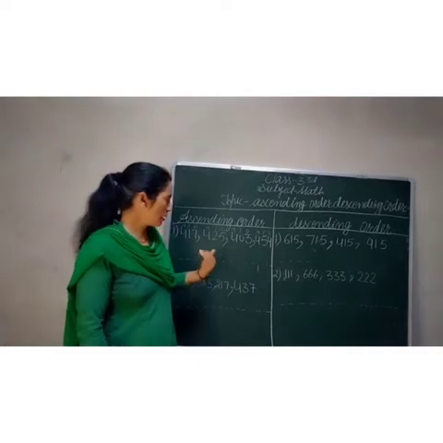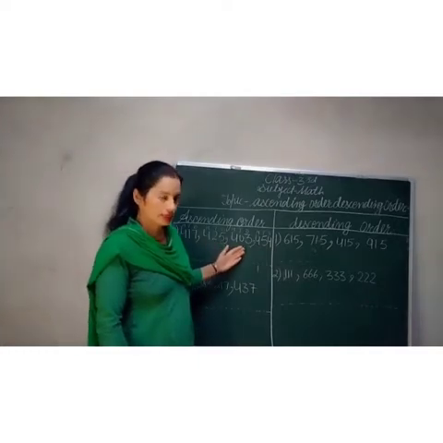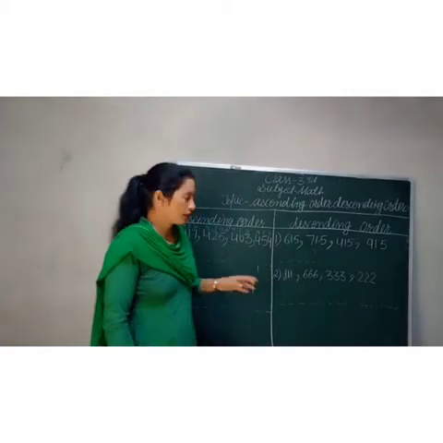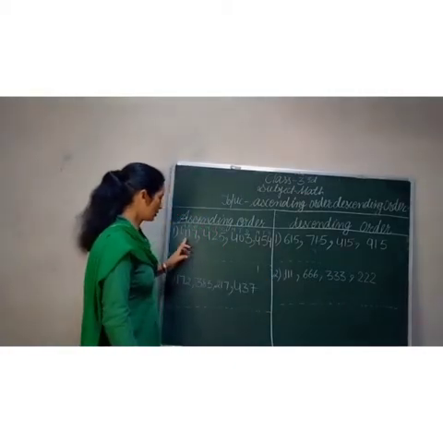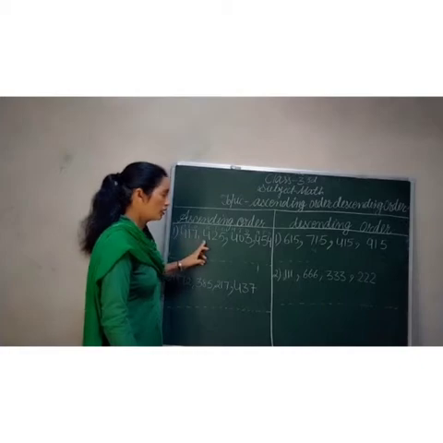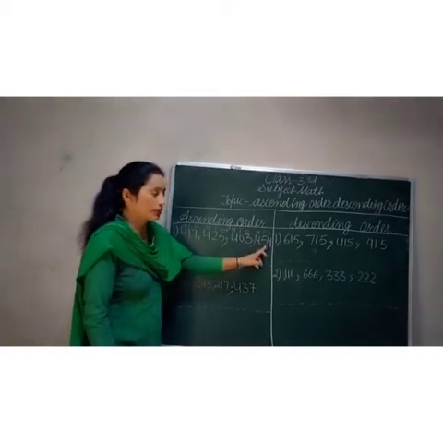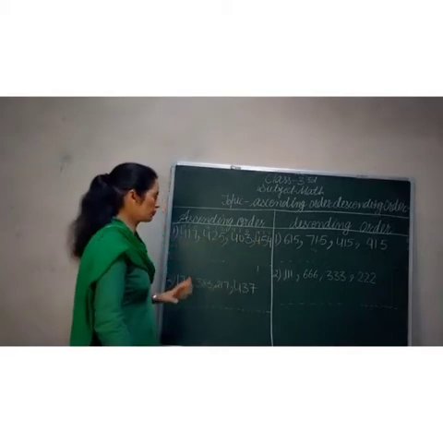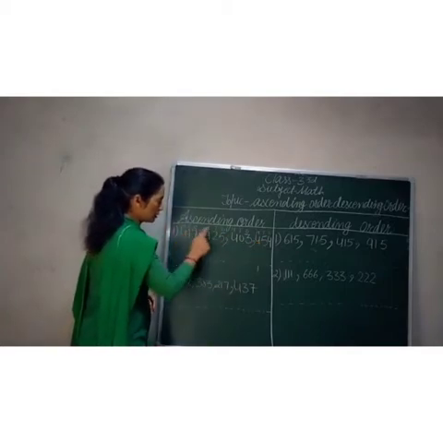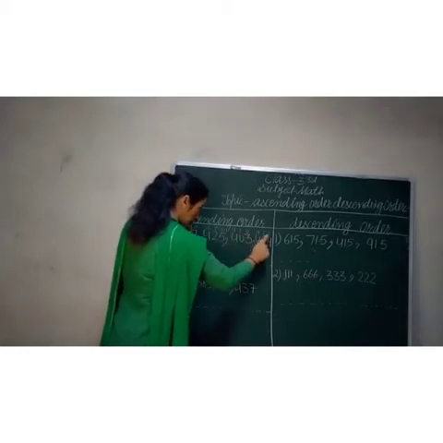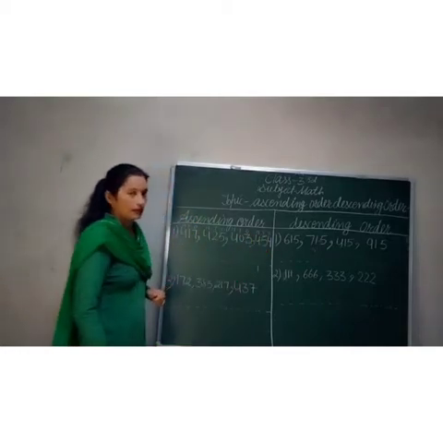So let us start. We have some exercises. Through the exercises we can understand easily. We have the first exercise: 417, 425, 403, then 454. Give them place first of all: ones, tens, hundreds, for each number.